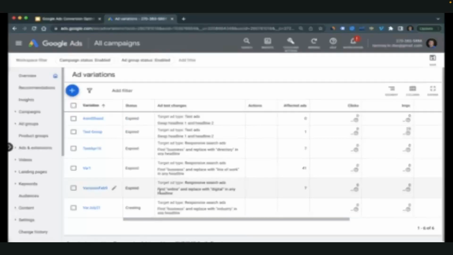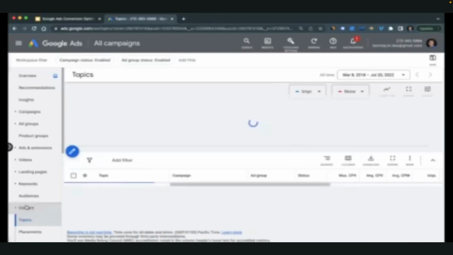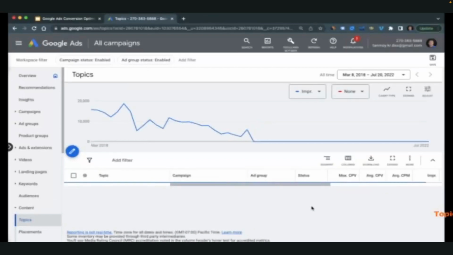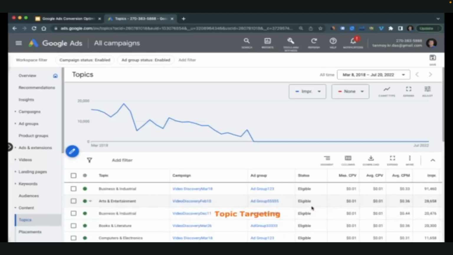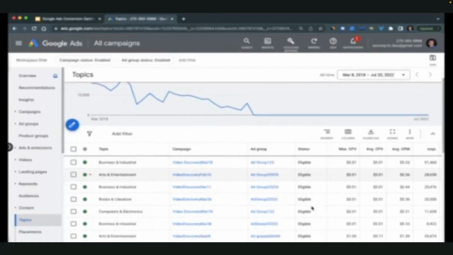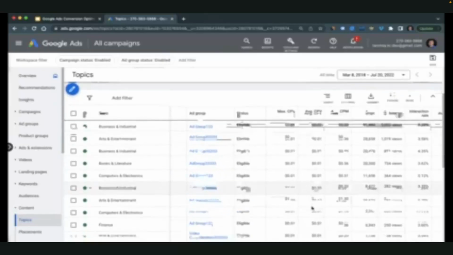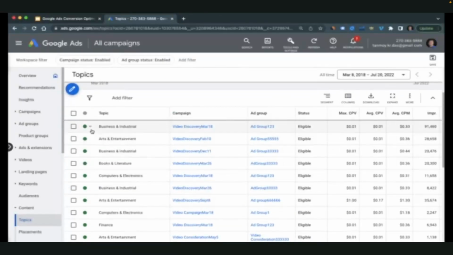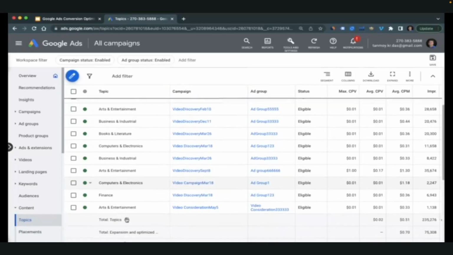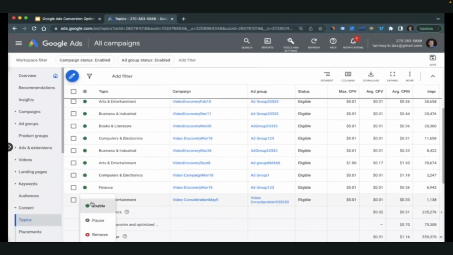In addition, we can also look at the ad placements which you're doing. You can go ahead and look at the content targeting piece and see what kind of content targeting you have done in the campaign. You look at your topic targeting, you see which are the converting topics which you have got, and you try to add more topics from there, and you can pause the ones which are not performing that well. So here, as you can see, you can go ahead and add similar kind of topics from here, and the ones which are not doing that well,